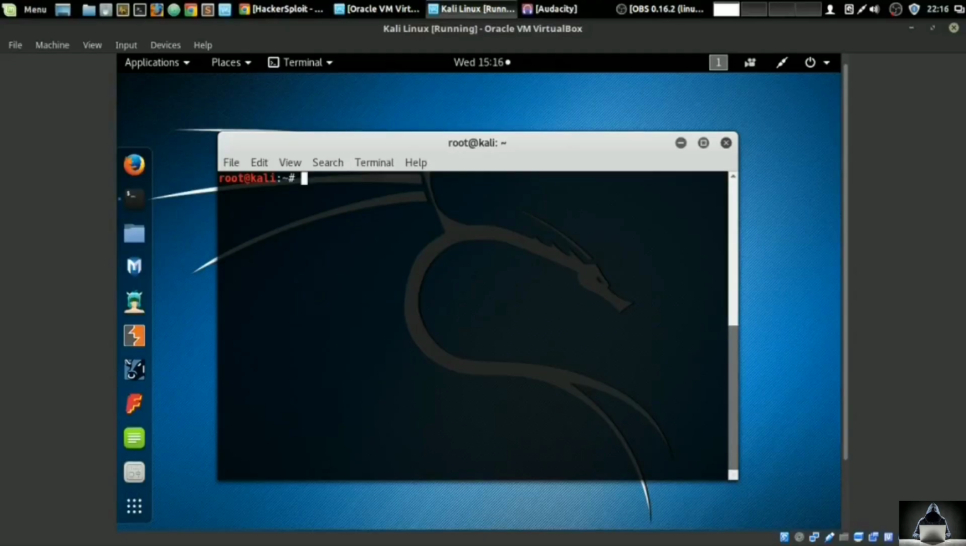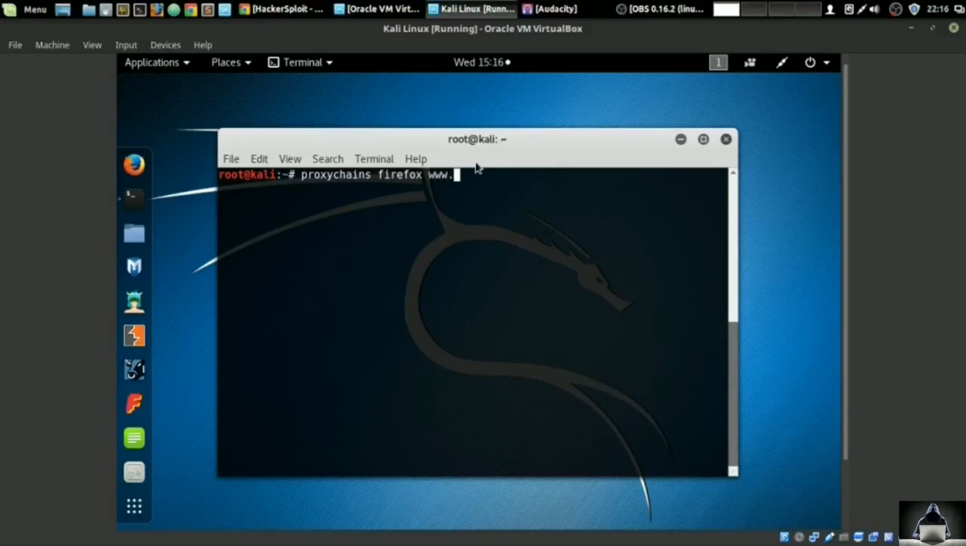So the way to test this is we're going to type ProxyChains. We're going to use a browser. I'm going to use Firefox. Oops, my typing today is pretty bad. Firefox. You can use Iceweasel, and basically Iceweasel is just Firefox. So we're going to use Firefox anyway. And we're going to enter a test website to test whether the proxies are working. I'm going to use